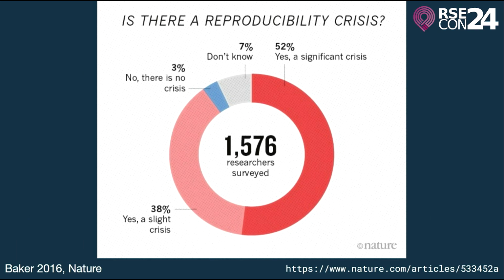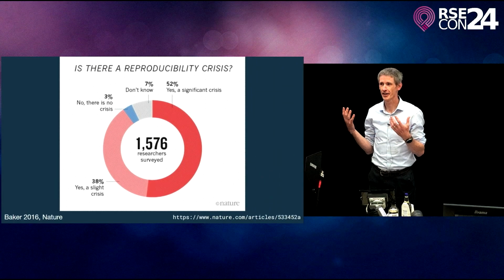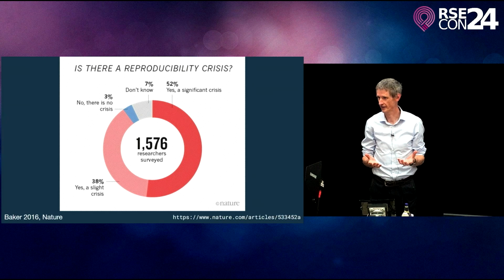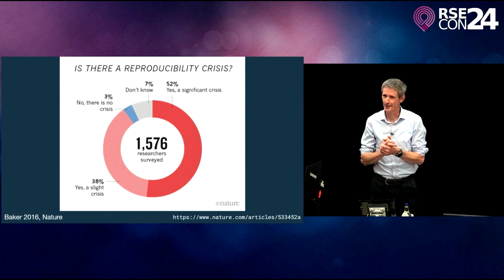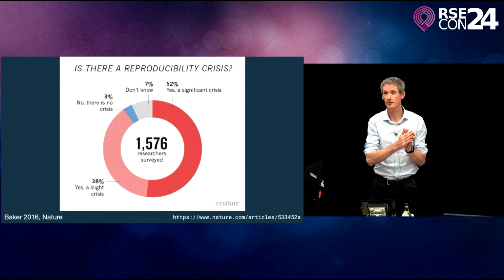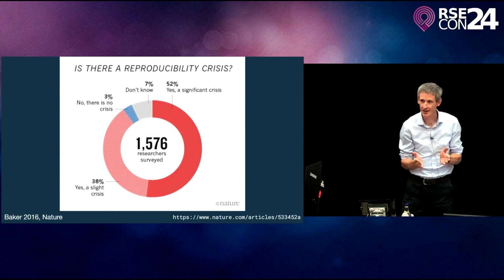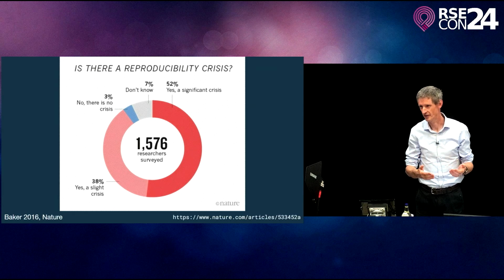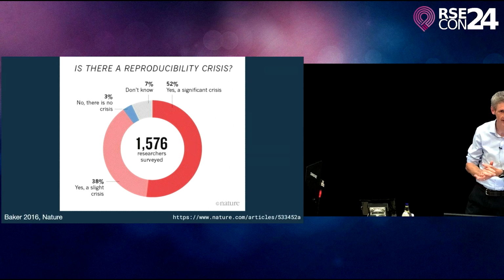So this is a slide that I've used in a number of talks for far too many years because it hasn't really moved on. This is a survey that Nature did in 2016 asking people if they thought there was a reproducibility crisis in science, and people largely thought there was. This is a situation that had felt old by the time this came out. The original discussions around the reproducibility crisis sort of stemmed from a 2009 paper. But every year in Nature, there's another think piece about, what is AI doing for the reproducibility crisis? We sort of talk and talk about these things, but nothing really gets better.